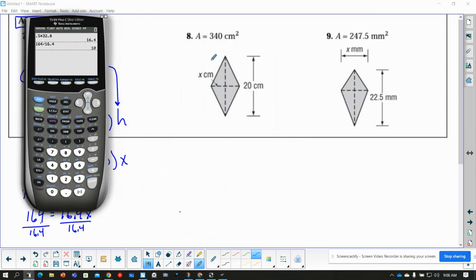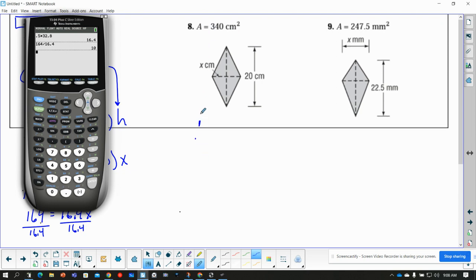All right, let's try this next one here. This is a rhombus, right? All four of these sides look the same. It's a rhombus. Area of a rhombus, area equals 1/2 diagonal 1 times diagonal 2. Okay, so let's see here. So the area, 340, is going to go where the A goes. 340. Next comes an equal sign. Next comes a 1/2 times diagonal 1. I'm going to go with this one as diagonal 1. It doesn't matter. 20